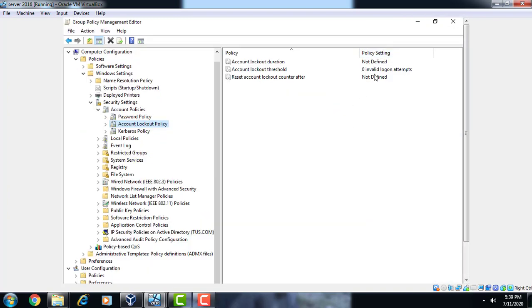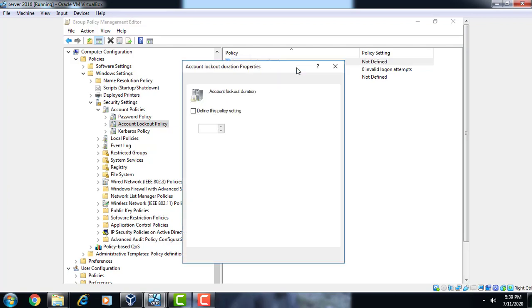Now here you can see the account lockout duration. You can define the properties here, 30. So if the account gets locked out, the default time is 30 minutes, and then it will automatically unlock after 30 minutes.